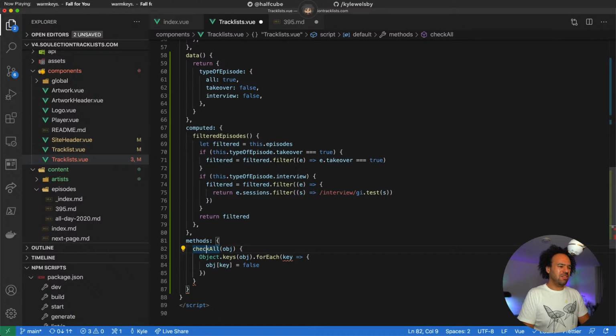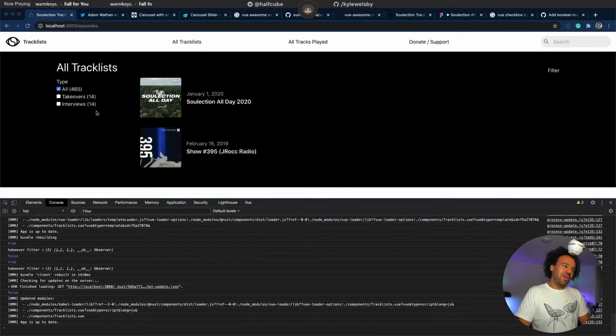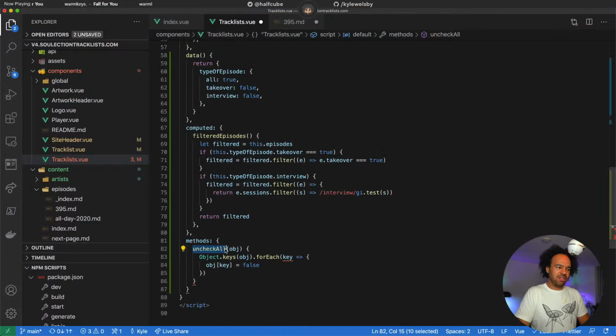I think it's like uncheck all. When you click on all, you want all to check and to uncheck all others. Uncheck others.